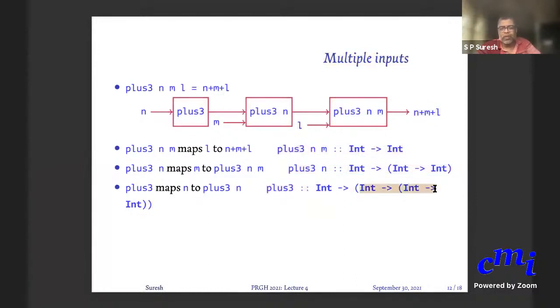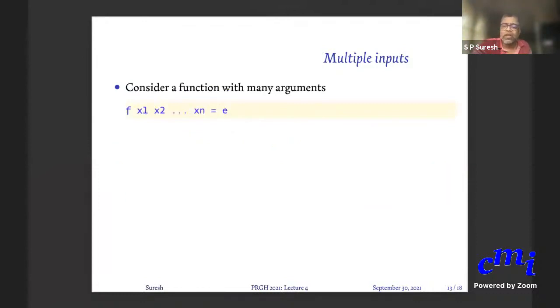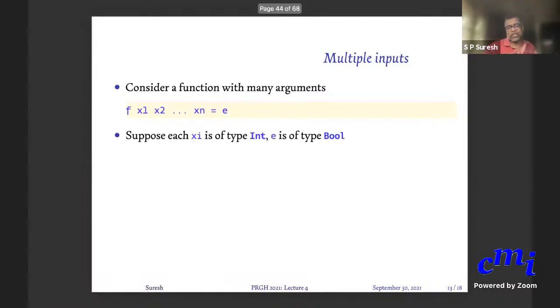So this is the type, okay, of plus 3. So it takes 3 arguments and returns 1 output, but the way you should think about actually what is happening is that it takes a first argument, it returns a function, which takes a further argument, returns a function, which takes a further argument and returns a value. Okay. So similarly, when you want to consider applying a function on multiple arguments, f of x1, x2, etc., equals e. That is the rule, let us say. That is the definition, let us say.